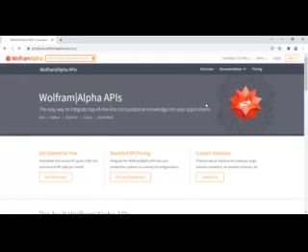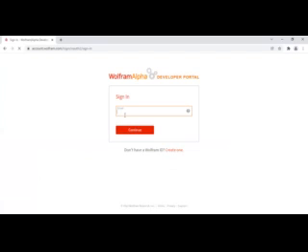If you want, you can go and check: sign in. I'm just showing it for you. If you already created an account, you can sign in, or else create a new account. After signing in, you give your mail ID and then type the password.